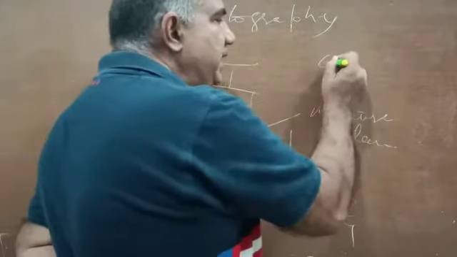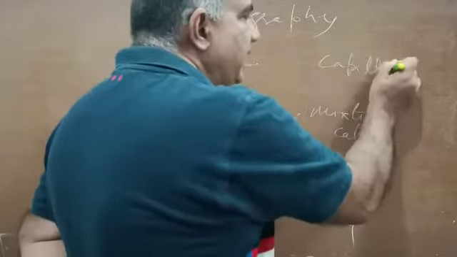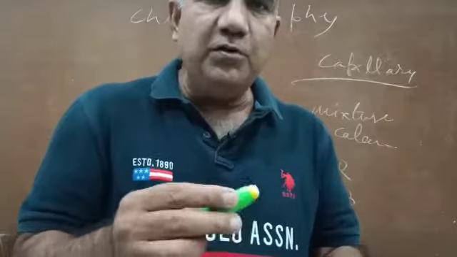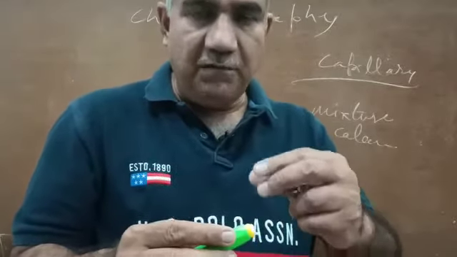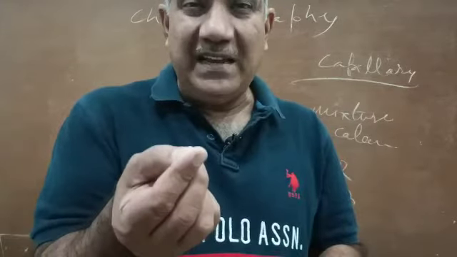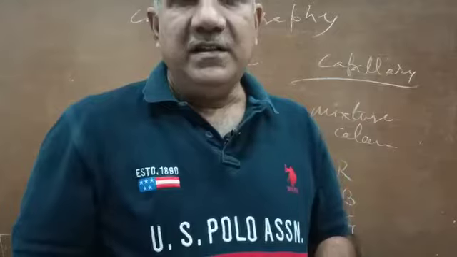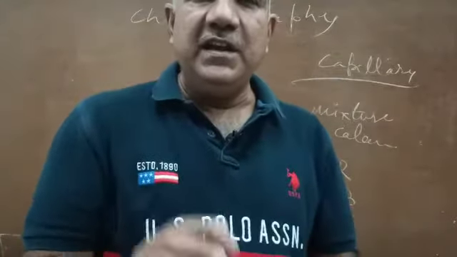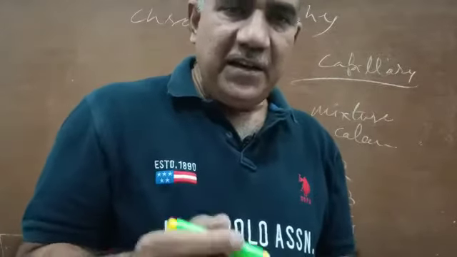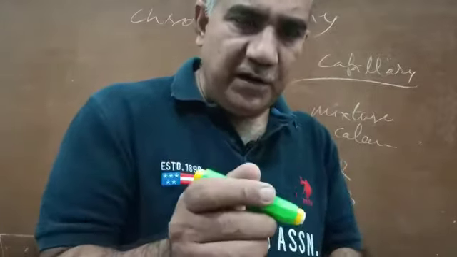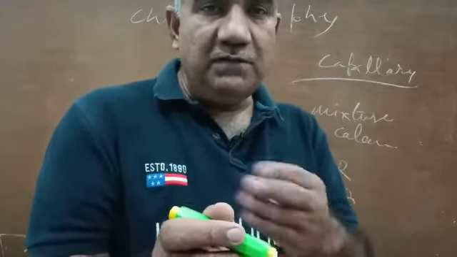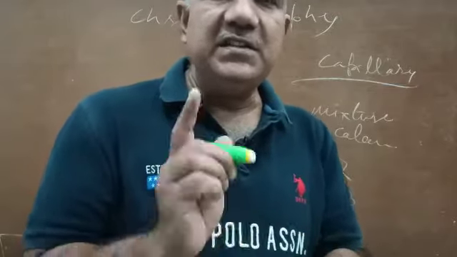One is capillary. Time and again we will be using it. Capillary and capillary action. What is capillary? See, capillary is a very narrow tube, the internal diameter of which has the same dimension as the thickness of a hair. In plain language, a very narrow tube is called capillary, and capillary action is: if you insert a capillary into a liquid up to some height, the liquid will rise on its own without our creating any suction. That is capillary action.